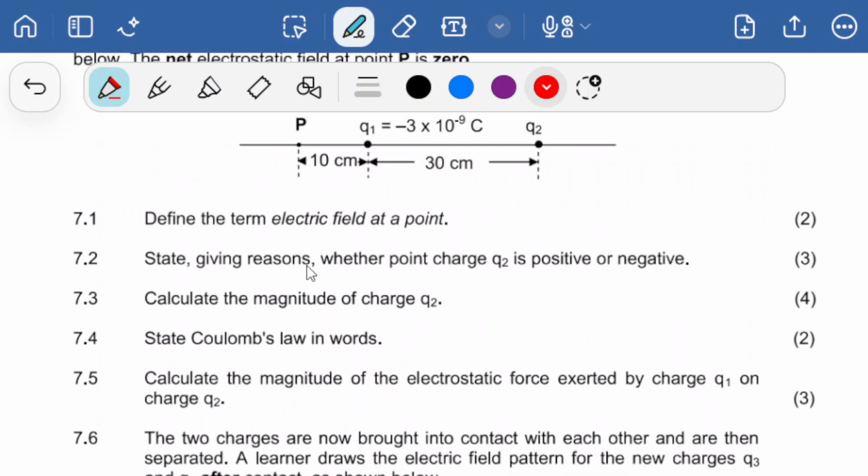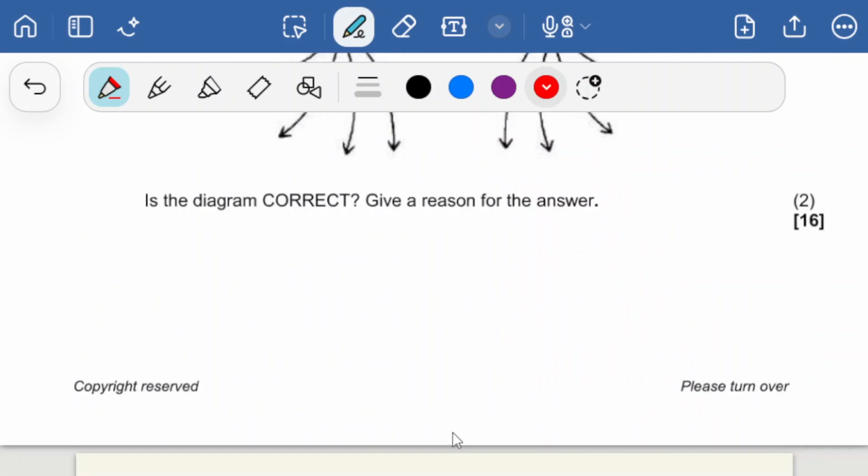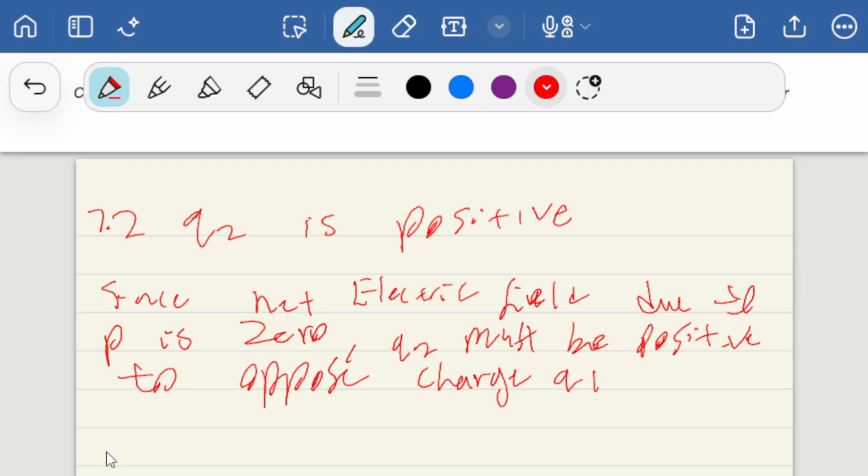Let me see. Okay, calculate Q2. Okay, no problem. So we have charge Q1 there. All right. So what I'm going to do is that on 7.3,